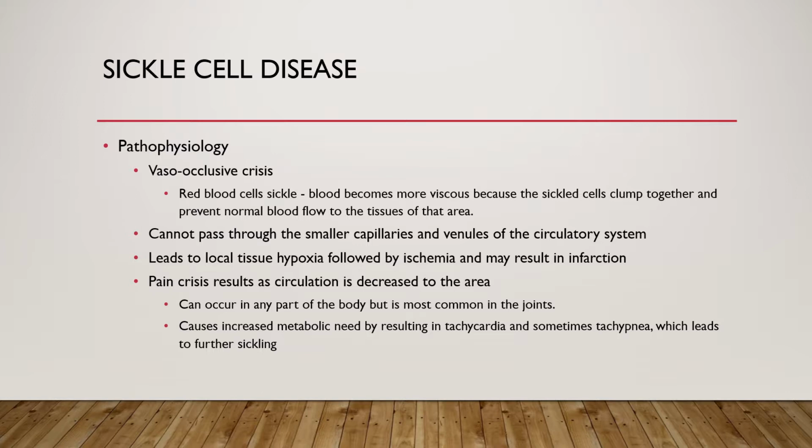And I know nurses who work in children's ER kind of start going, they're just here drug seeking. And there may be an element of that, but there has been a history of chronic pain with sickle cell. It can occur in any part of the body, most often in the joints, and causes increased metabolic need. Then we hit this vicious cycle. The heart rate goes up, respiratory rate goes up. So that leads to further sickling, which leads to more tachycardia and more tachypnea,